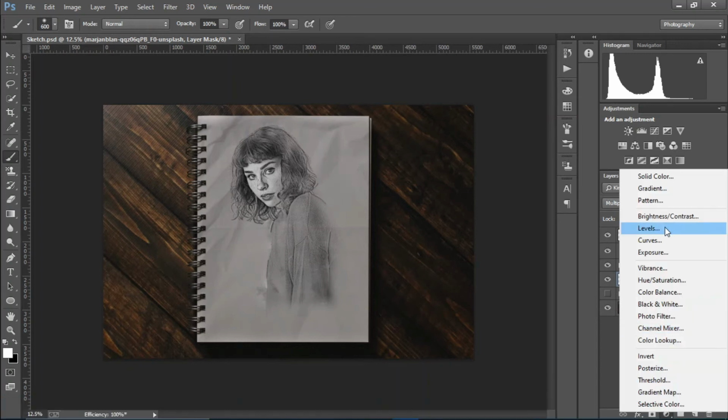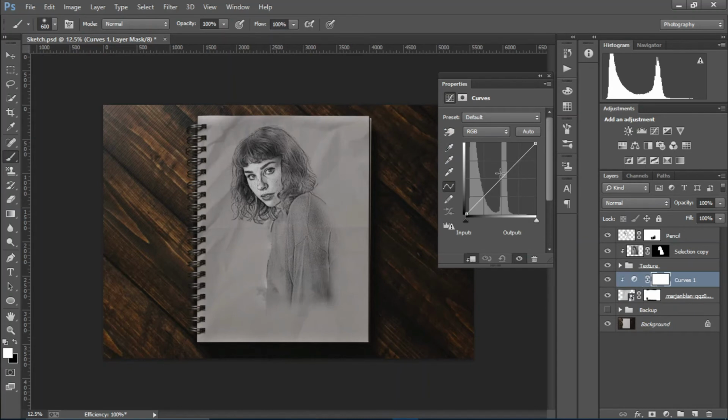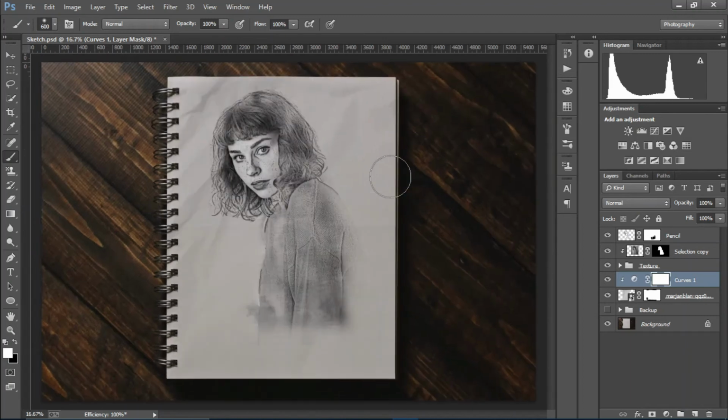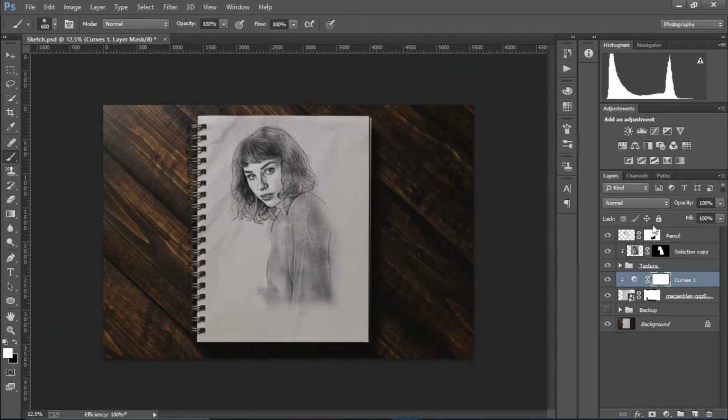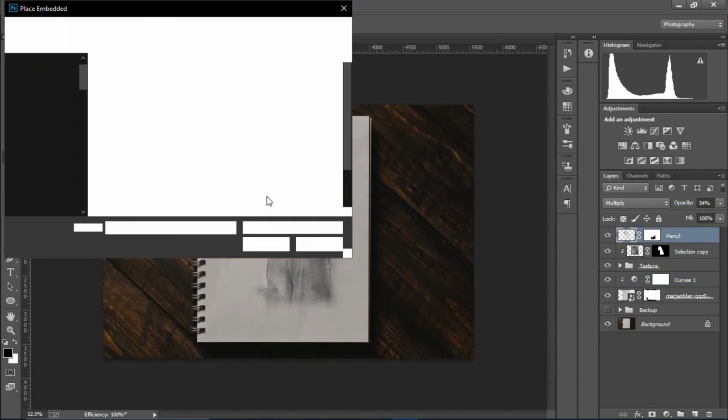I'm gonna go ahead and create a curves adjustment layer, and select this thing. I'm gonna just brighten it up and with a nice contrast. So this makes it look like a real paper texture. Cool. And now what I'm gonna do is I'm gonna just select this pencil layer and go to File, Place,